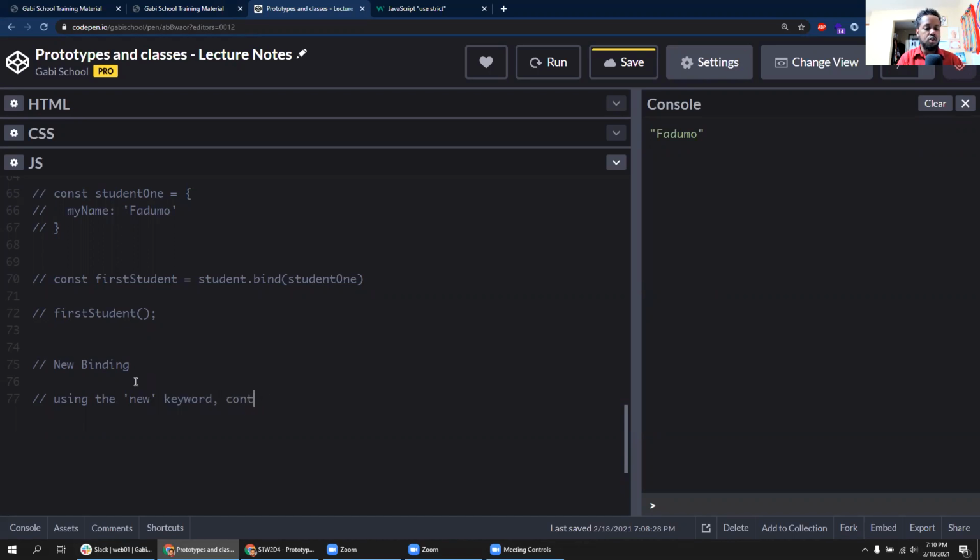Constructs a new object, okay, new object, and this points to it. So this points to the new thing that we created, and we will see what that looks like. When a function